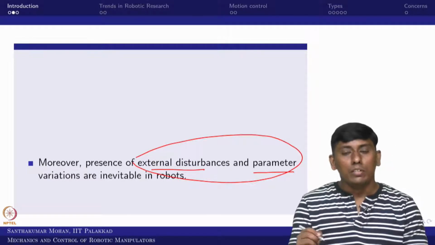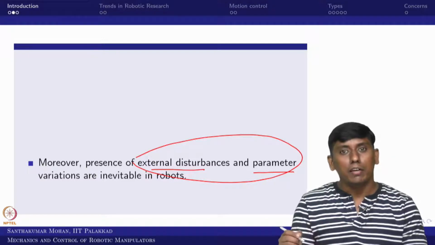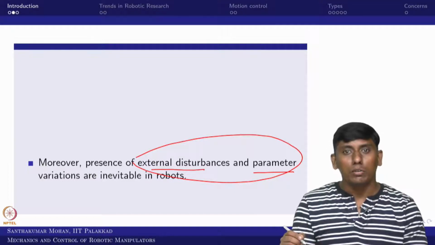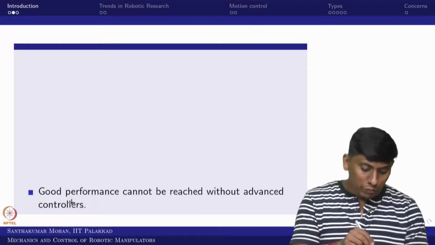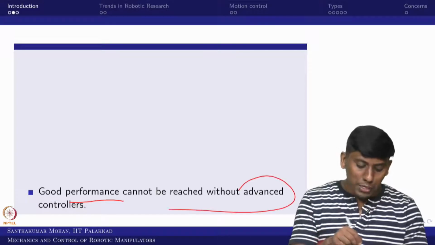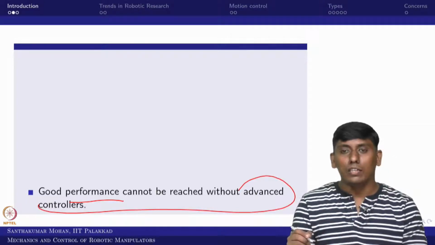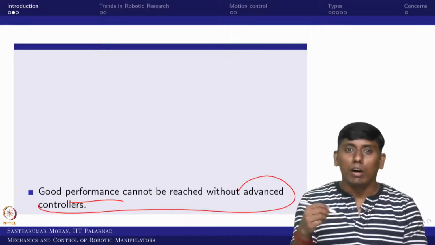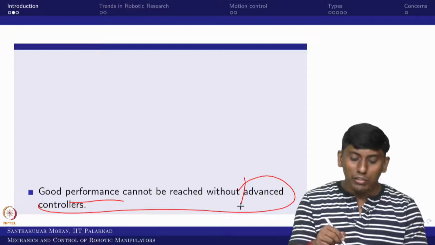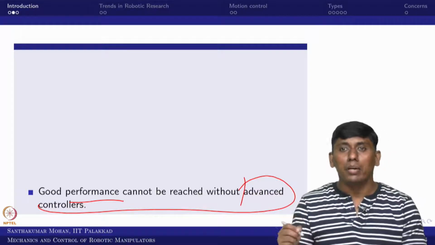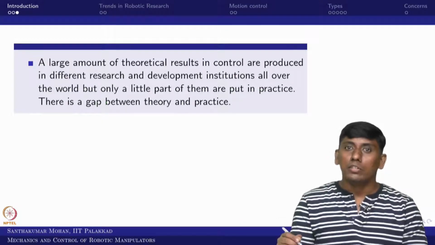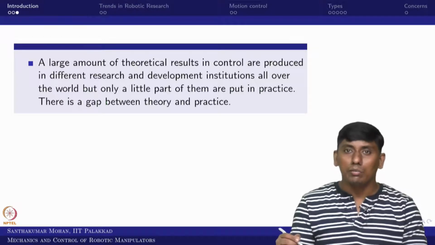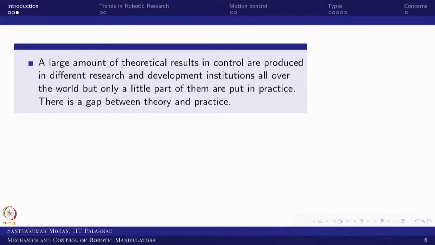So what do we do with this kind of complex system? You need an advanced controller. A normal conventional controller is not sufficient. If you need good performance, the controller should be advanced. However, in this particular lecture, or this particular course, we are trying to see how we can obtain this advanced controller through conventional or regular practice. So we ask ourselves why we need to do several control research. There is one important aspect here.